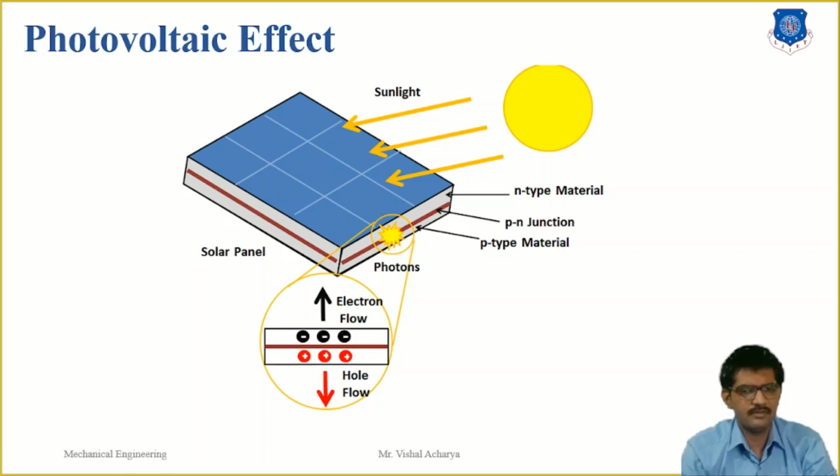As in the previous slide, we can see the p-n junction. By joining these two types of semiconductor, an electrical field is formed in the region of the junction as electrons move to the positive p side and holes move to the negative n side. This field causes negatively charged particles to move in one direction and positively charged particles in the other direction.